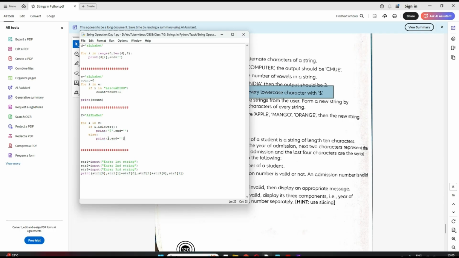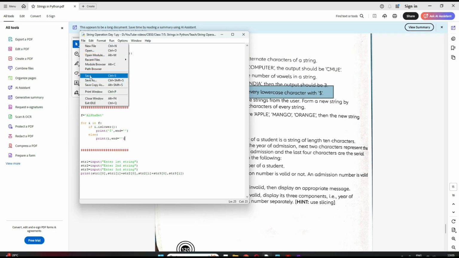Else it will not go, right? Then again it will go, now it is capital P. Now again this is not satisfied, the else is satisfied. So here it will print I, so it will print capital P here. This way it will go on till the end. Wherever it gets a lowercase, it will print dollar. If it is not a lowercase, it will print the character itself, right?